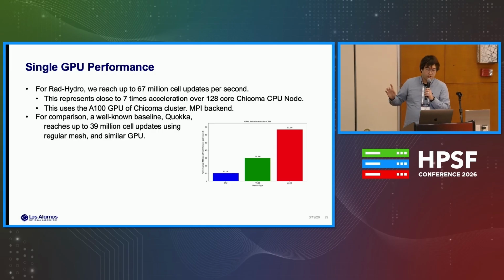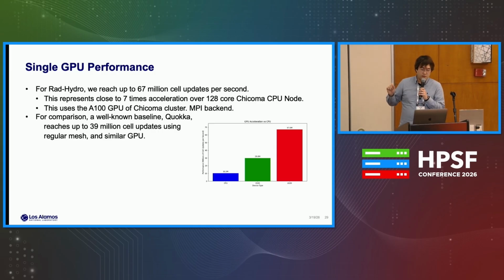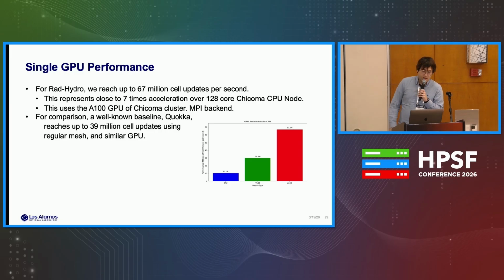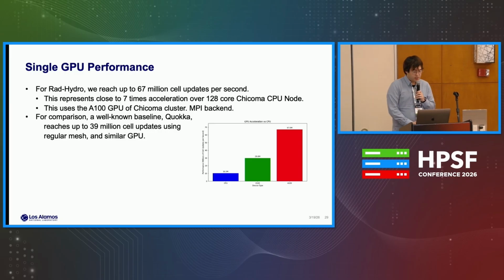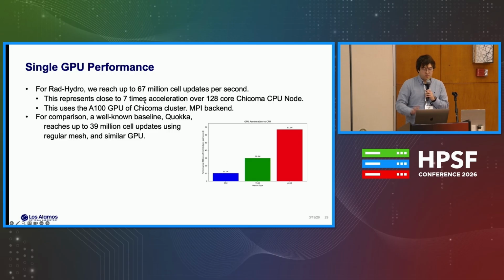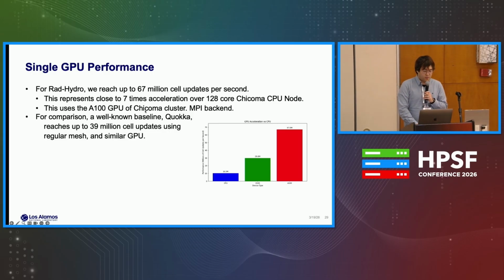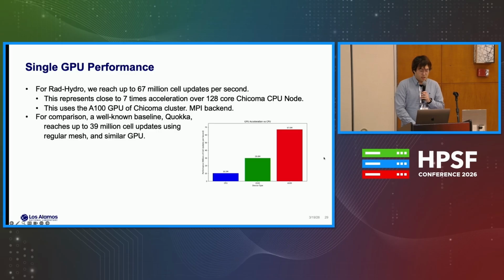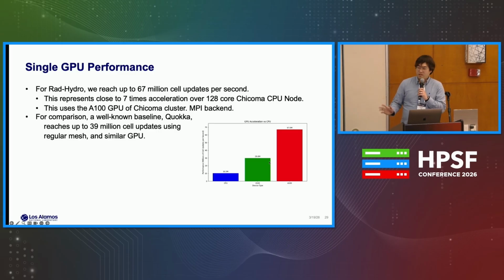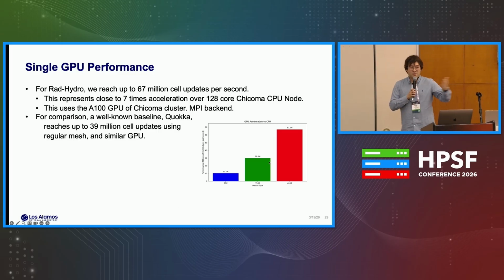So for the radiation hydro cases, we reach up to about 67 million cell updates per second, which is about a 7 times acceleration over a 128-core Chicoma CPU-only node. Then we ran on the NVIDIA A100 GPU Chicoma cluster with the MPI backend. Maybe some people claim that this is an unfair comparison, but we also tried